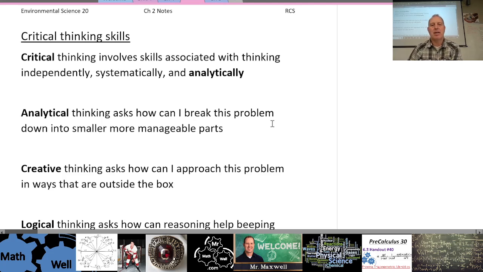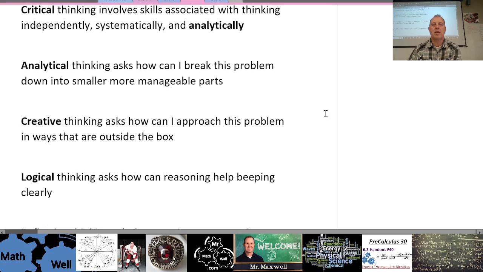Creative thinking asks, how can I approach this problem in ways that are outside the box? So thinking in creative ways. Logical thinking asks, how can reasoning help